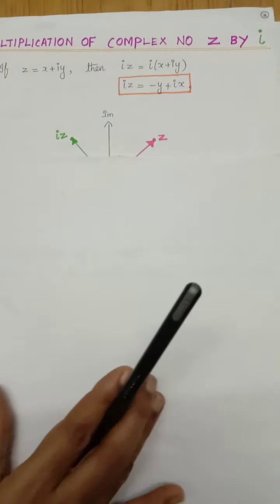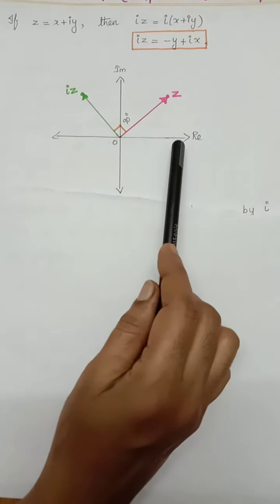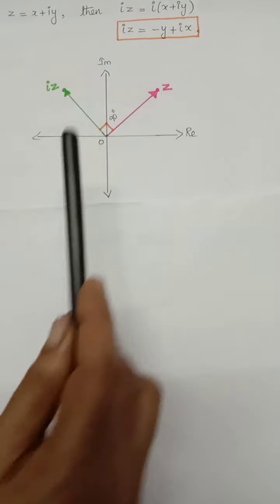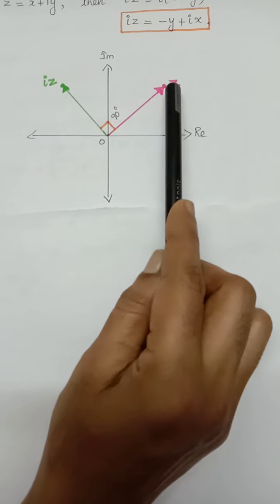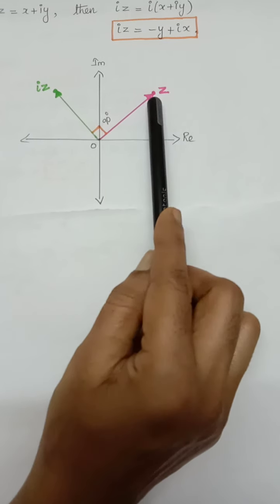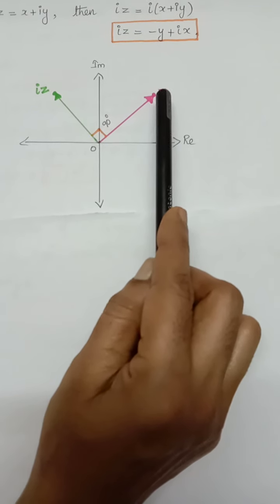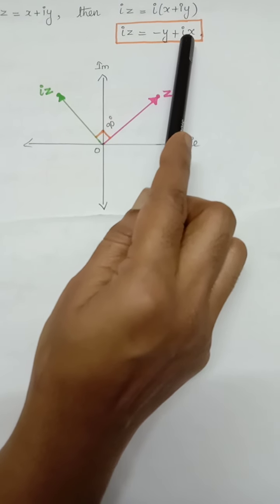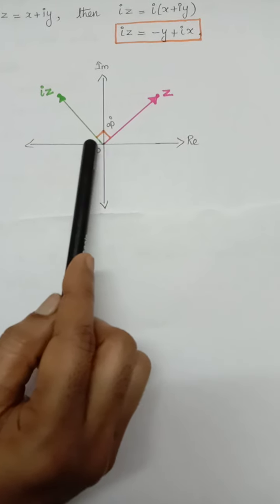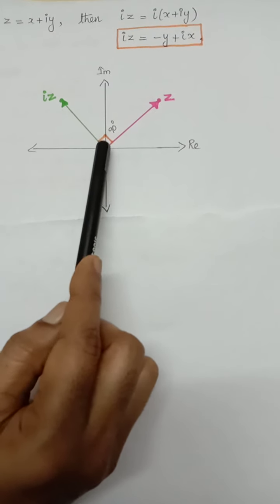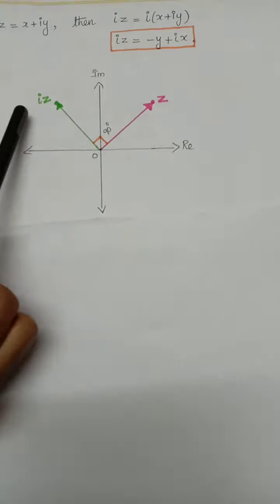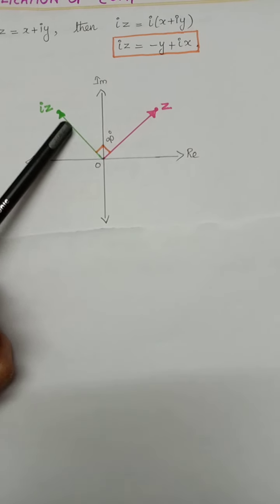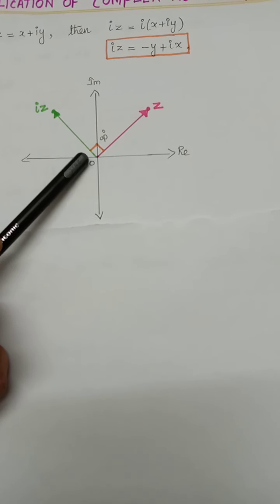You see the diagram. So x-axis is taken as real axis and y-axis is taken as imaginary axis. I have marked z here. So using position vector, I have marked the complex number z. Okay, here iz is minus y plus ix. So on the real axis I have taken minus y units, on the imaginary axis x units. So the iz complex number is marked as a position vector using green color.